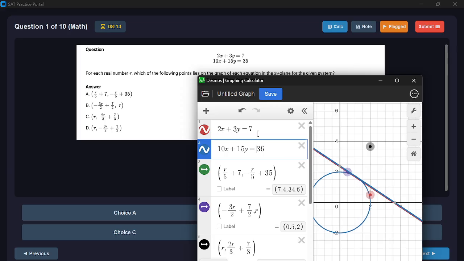2x plus 3. Oh, I remember. These questions, these numbers are the same. If you divide this by 5, no, it's not by 5. 2x plus 15y equals, oh, it's 35. Okay, but this still has